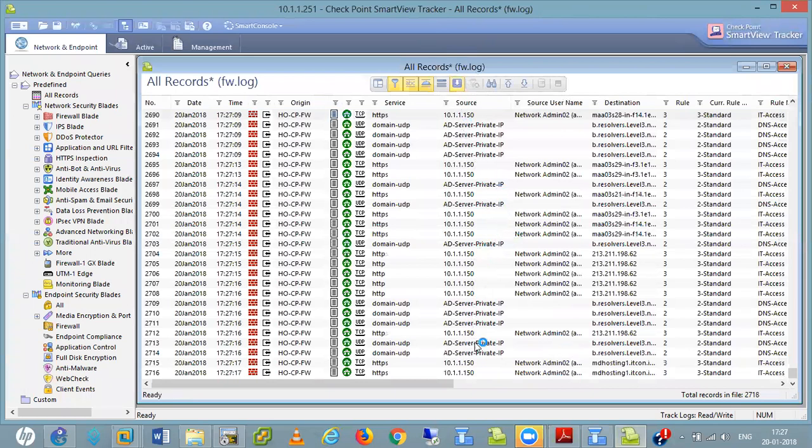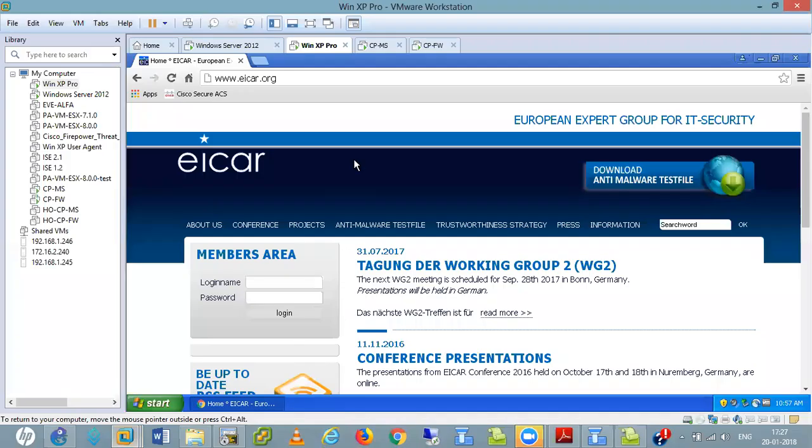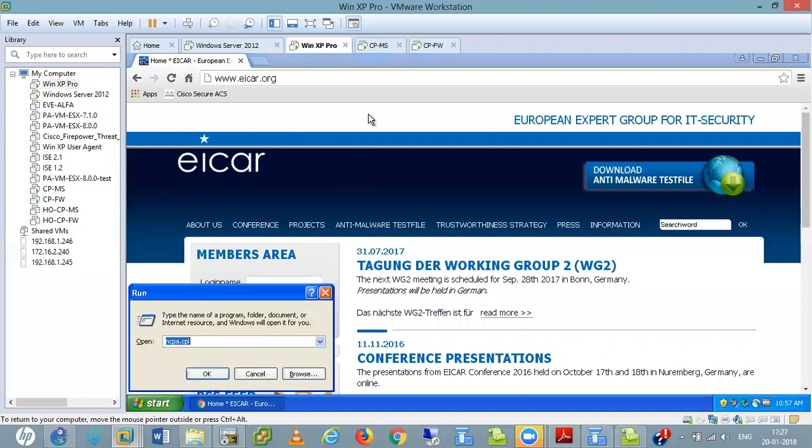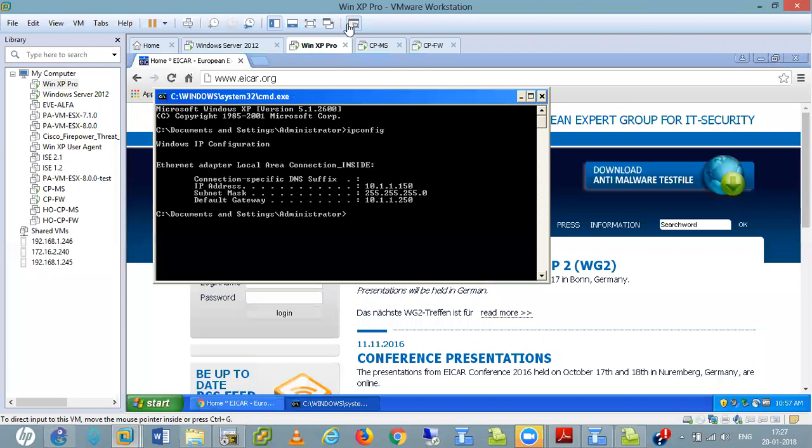Go to 1.50 over HTTPS. What is the IP address for that? Maybe there is a previous binding. It is okay, 1.50.